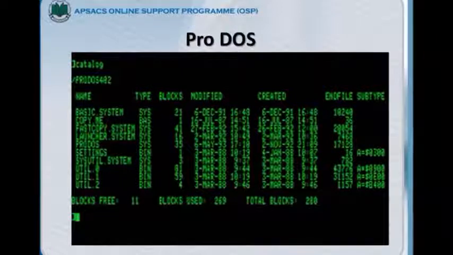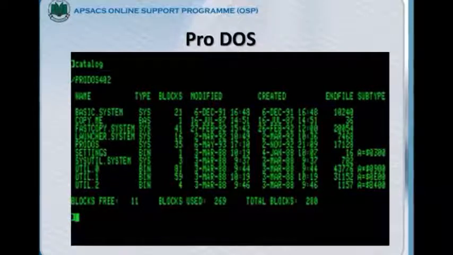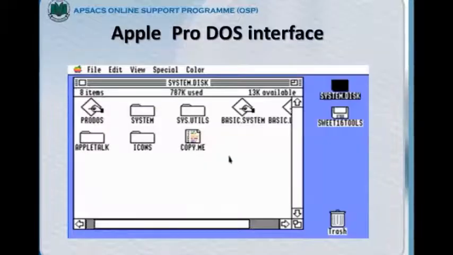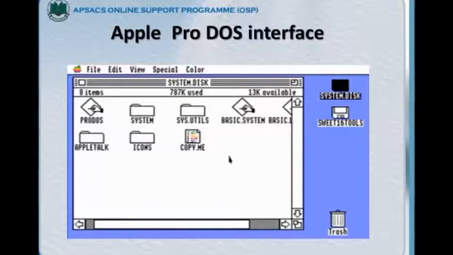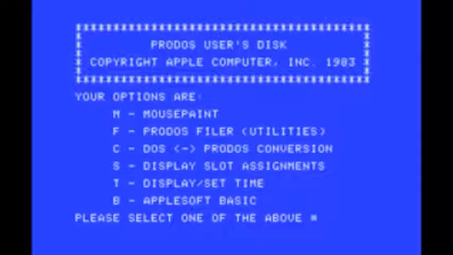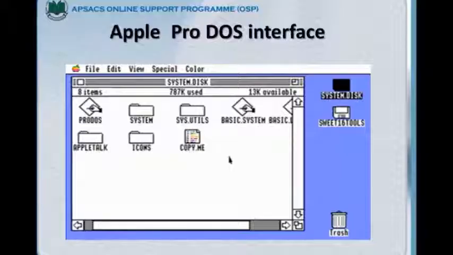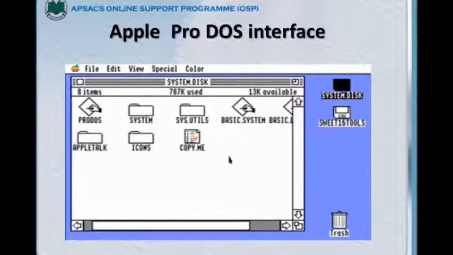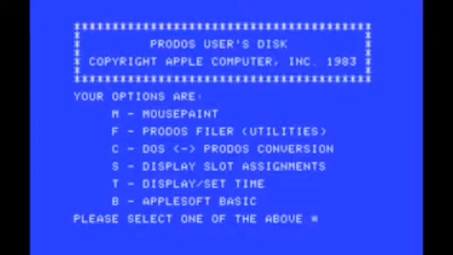The other, ProDOS 16, was a stopgap solution for the 16-bit Apple II series that was replaced by the GS operating system within 2 years. ProDOS was marketed by Apple as meaning Professional Disk Operating System and became the most popular operating system for Apple II series computers 10 months after it was released in January 1983. ProDOS 2.4.2 is the current release available for all the models of Apple II.